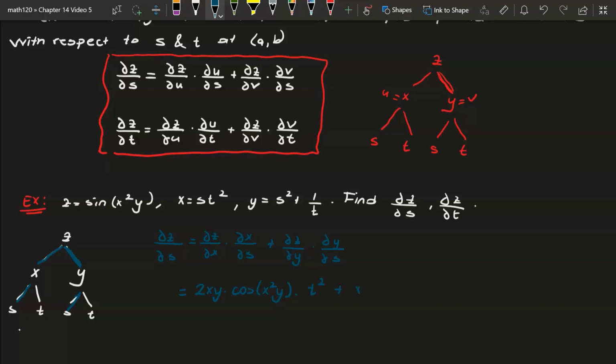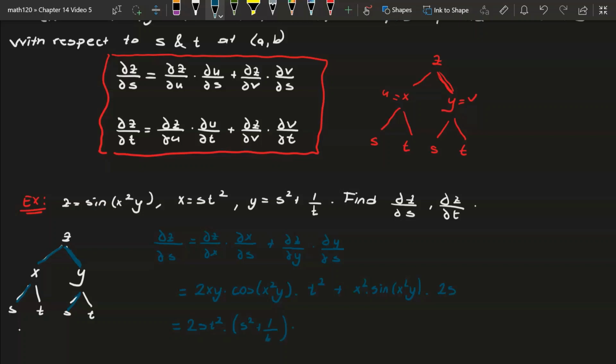Okay, it is x squared times sine x squared y times the derivative of y with respect to s, which is 2s. So here we are finding the derivative of z with respect to x, so it's good to write everything in terms of s and t. In the last bottom we have s and t's. So it will be 2 times s t squared times (s squared plus 1 over t)